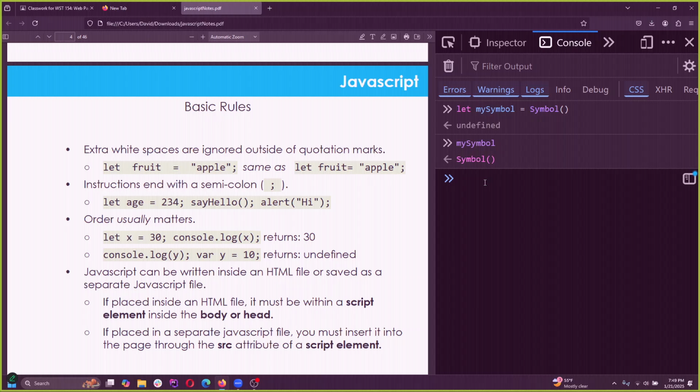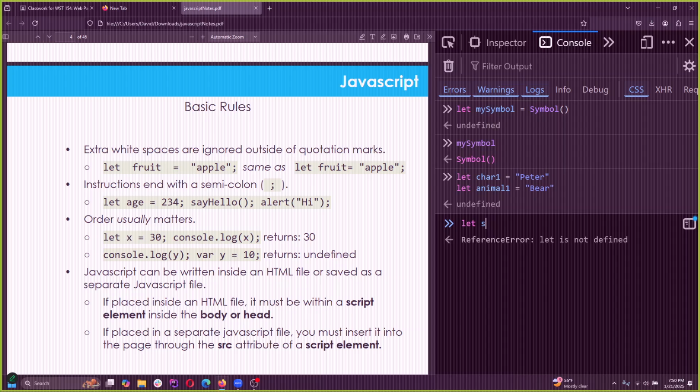Since you're reusing the name Peter, maybe you could save it as a variable called name1. So let character1 equal Peter. And then maybe the animal that you came across, let animal1 equal bear. So then you could write a story like let story equal